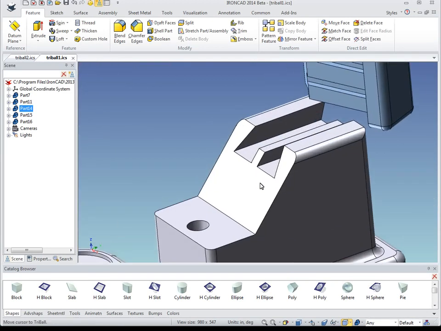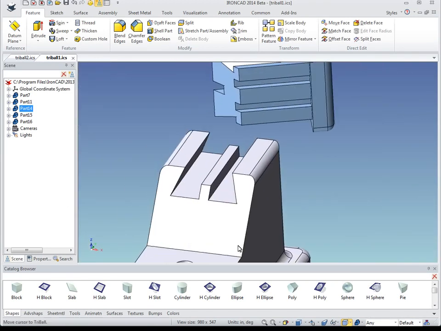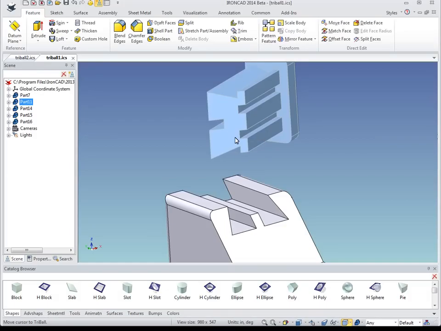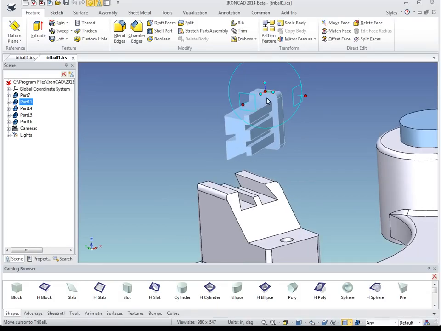Now moving on, you'll see that these two pieces here are in very different orientations. But again, with the power of the TriBall, it's really quite simple to make a change. What I'm going to do is turn on the TriBall and again press the space key. And then I'm just going to take the center of the TriBall and drag it to this point here. With it being now in the right location, I press spacebar to turn the TriBall back blue,